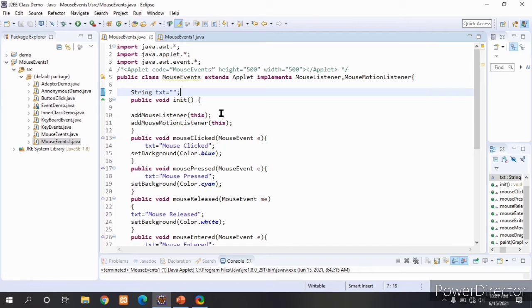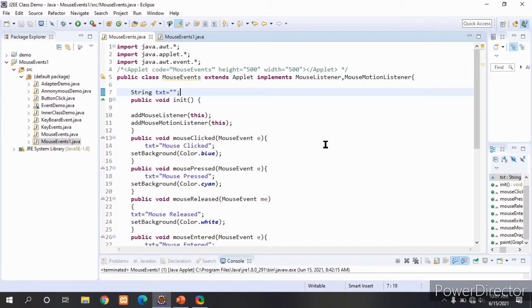In mouse events, suppose the applet window is there and I am clicking the mouse on a blank space. In previous programs I used buttons. When I click on a button, the action event is generated. But here I am clicking or pressing the mouse on a blank space, so there is no need of an object here. An object is not there for that blank space. But when I click on a button, we have created the button object, right?